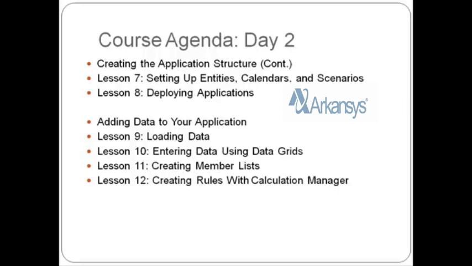Okay, fine. So we'll talk about what the account dimension is, what account dimension members we can have, and what their properties are. Along with that, on a similar pattern, we will speak about entities, calendars, and scenarios. Here, calendar means your financial years, how we define the financial years. Scenario means whether we are working on the actual scenario, budgeted scenario, or planned scenario, or whatever. Then once we are through with these dimensions, we will see how to deploy the application,